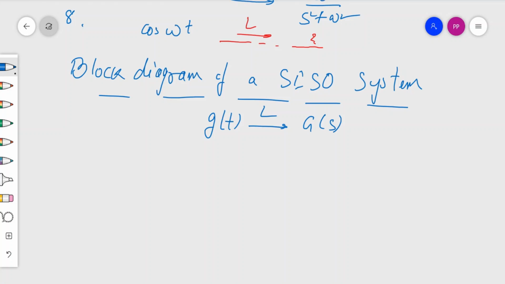So this S domain function, the benefit of transformation in the S domain is that it is like a Napier logarithmic table, where every multiplication can be converted into an addition. Similarly, here every convolution can be converted into a multiplication. Convolution is a tedious process, as you all know. In the time domain, if you combine two functions, you use the convolution technique. But if you go to the S domain, you simply find the product of two functions that will give you the result.